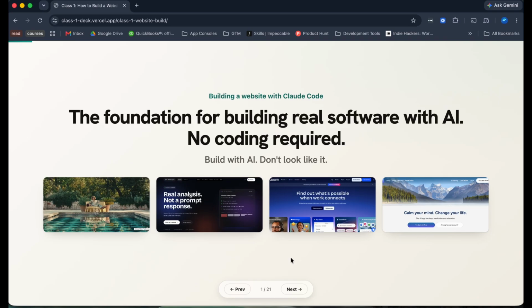Now that you have everything installed from your prerequisites, we can start moving into the actual build of the website. If you're seeing this video and you have not installed all of the prerequisites, please watch that video first because you will not be able to build anything if you just dive right in. So you need to make some installations and make sure your computer is set up. So I'll provide a link to that in the description.